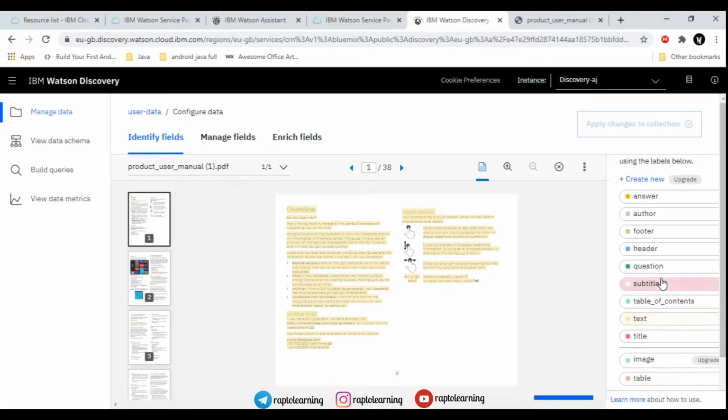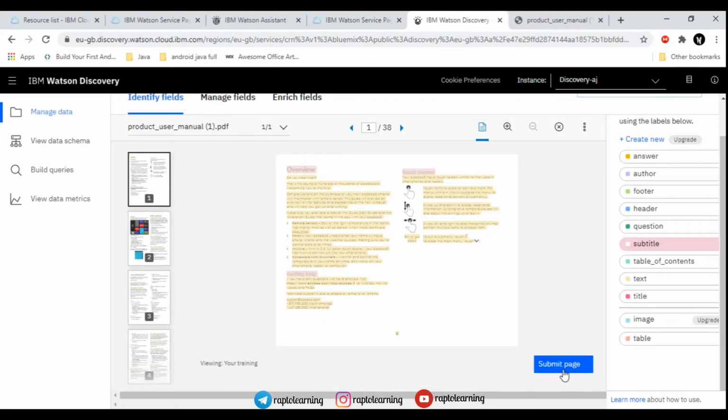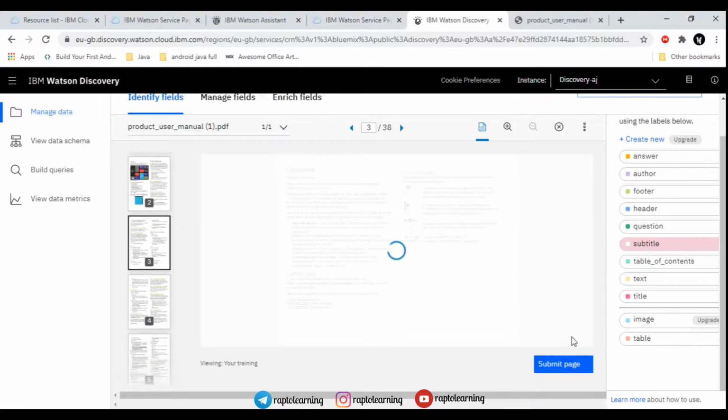So basically in the coming 2-3 minutes, I am going to remove the footer also because it is of no use to us. We are just going to add a subtitle to this. So basically subtitles are the questions that the user may ask, and the text is the answer with which our bot will answer. When you create your own PDF, make sure that you have a similar type of layout for your document, right? So you may easily select that one.